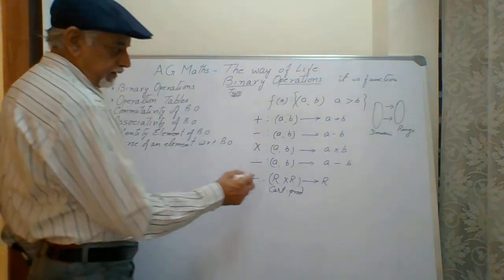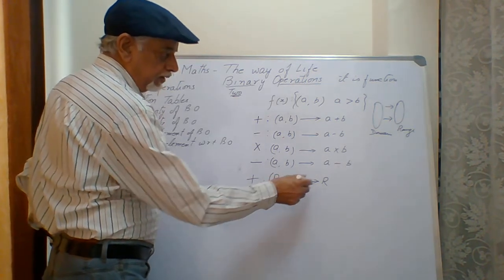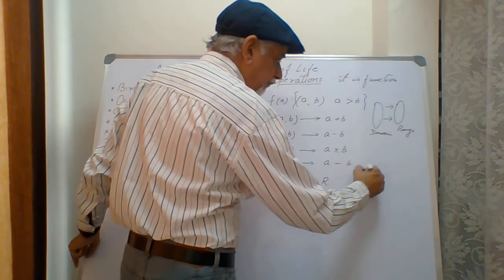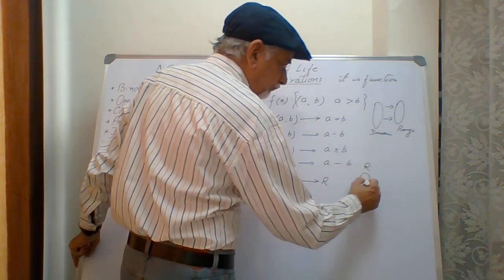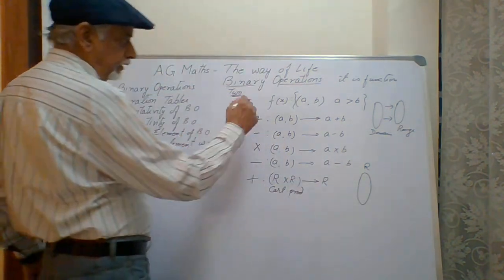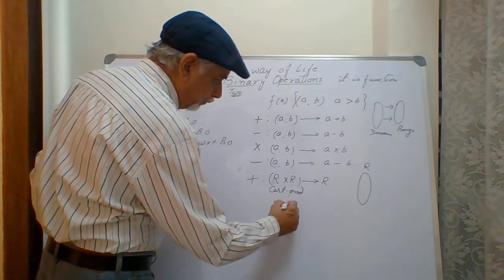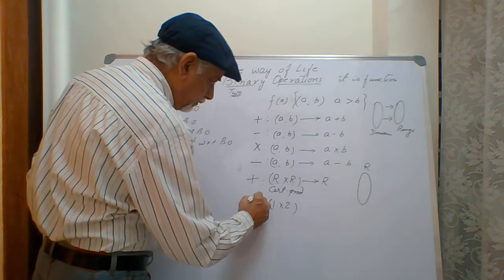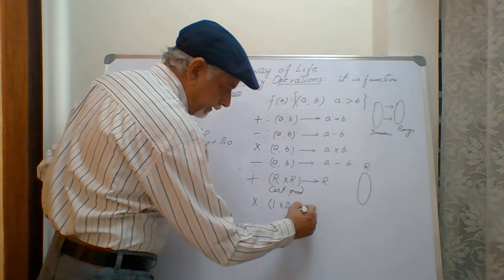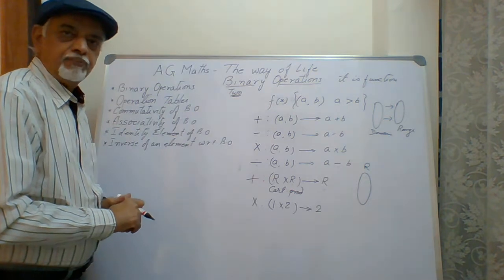So we see here that in binary, if this is a real number and this is a real number, then the result will also be a real number. That means it all belongs to the same set, and the set is R. Look at the earlier problem which we did, say 1 is multiplied with 2. This is the multiplication binary operation. Then what we will get is the real number 2. So all three things belong to the same set of real numbers.